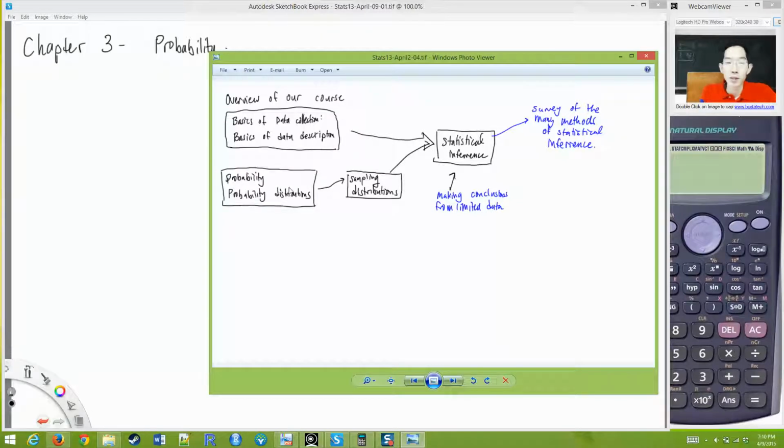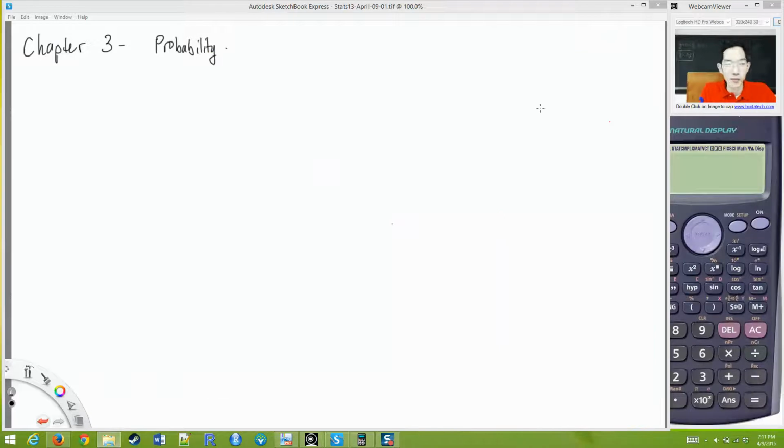And it will come together when we do statistical inference, or at least the idea is we build a foundation in probability to get to statistical inference. When you go through the textbook, it all just feels like we're doing math problems. But last chapter was about data collection and data description, and today we're moving into probability, and they'll come together later. Okay, so what are we talking about when we talk about probability?